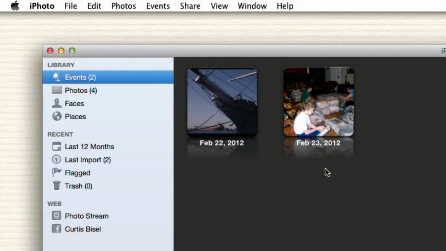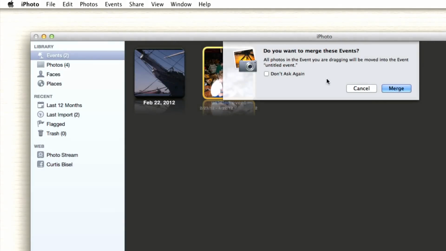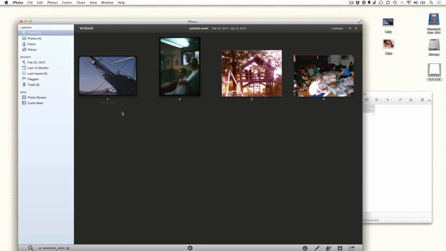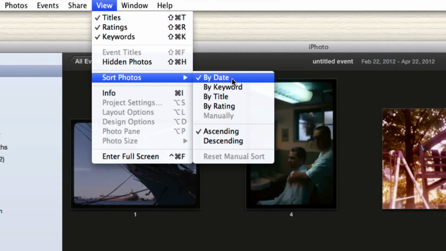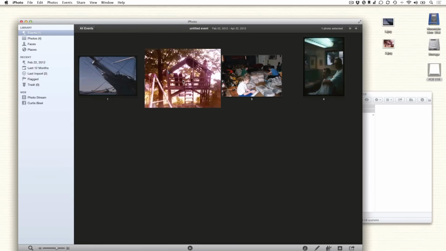For simplicity's sake, I'm going to merge these 2 together so I have just one event. Do you want to merge these events? Merge. And now I'm going to go into the event, and you'll see all 4 photos, 1, 4, 2, 3, out of order. So I'm going to go to View, Sort Photos by Title. And now they're in order. And if we click on each of these photos, you'll see that they seem to be working fine.